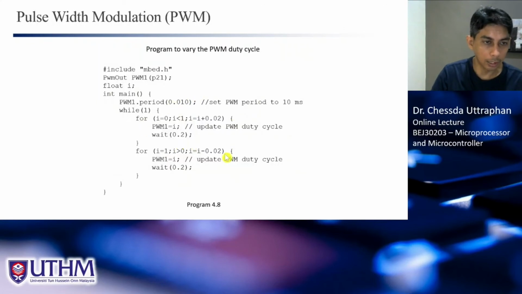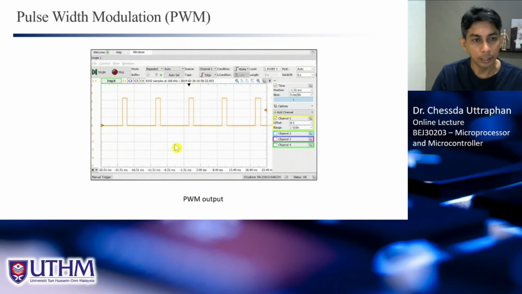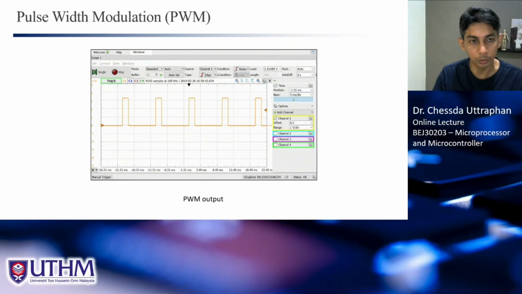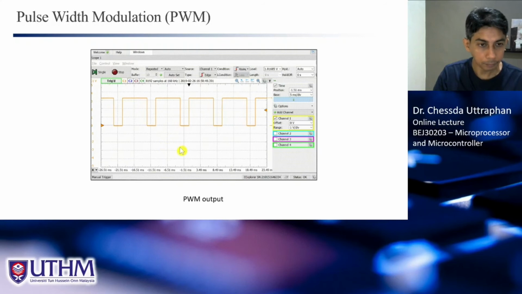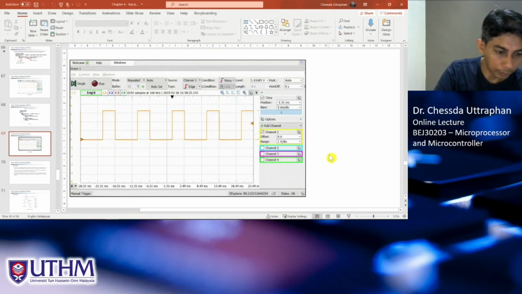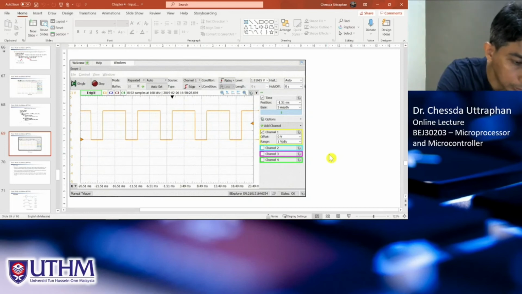Right, so this is the output from this code. And if we connect this output to the LED, we will see the brightness of the LED change from very dim to very bright, and from bright to very dim. Actually, we can see, if I can show you the